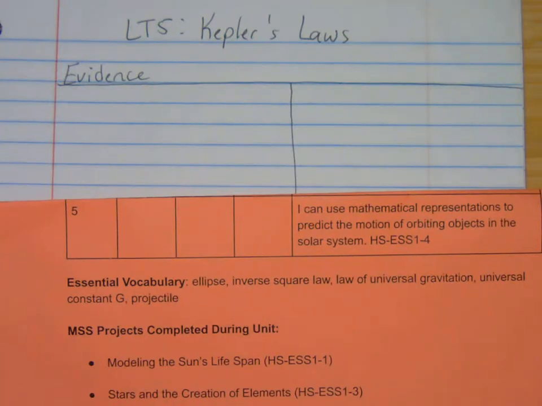These are the notes for LT5 in the Earth and Space Science unit. The target says you can use mathematical representations to predict the motion of orbiting objects in the solar system. There's a lot here. Prior to this step, you should have been through the Solar System Explorer gizmo, where